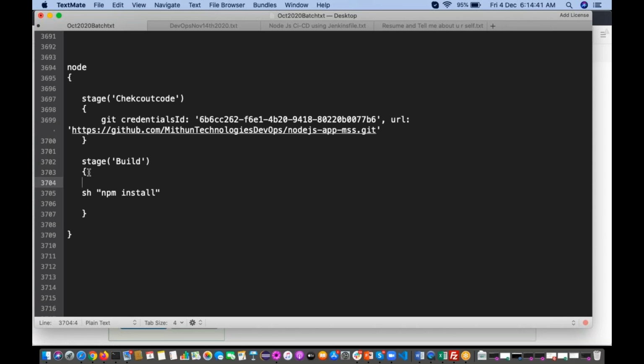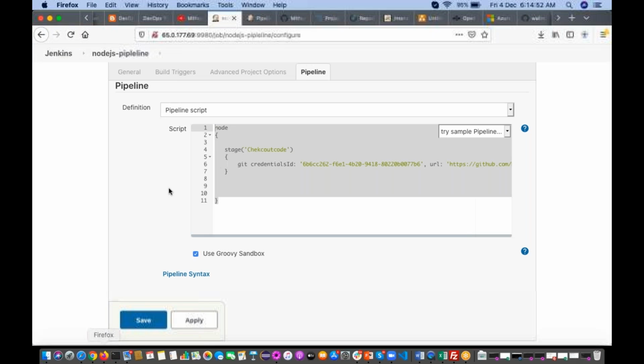If you want to execute the npm command, first you should install Node.js in the Linux server where your Jenkins is installed. However we install Maven, right? You can install Maven in the Linux server or in the Jenkins server. You can do it in two ways.